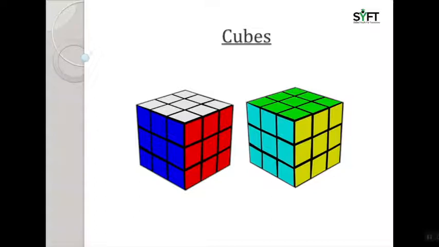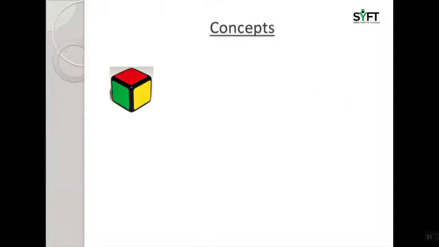So cubes are generally three-dimensional structures which have equal length, breadth and height. All the lengths, breadths and heights are equal. The corners of each cube are called vertices. So in this cube, we can see here is a corner, here is a corner, and here is a corner. The other side is a corner. So these are called vertices,